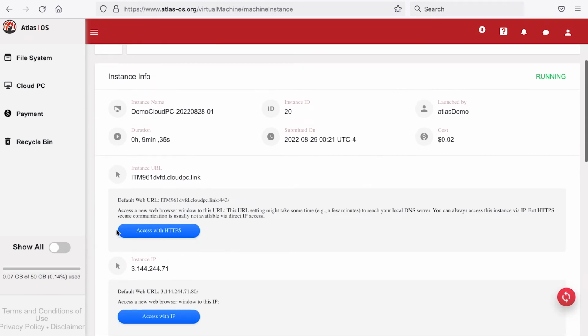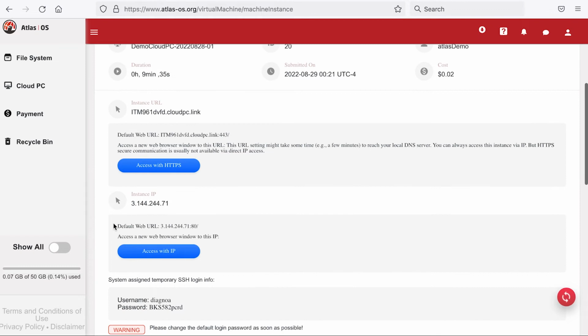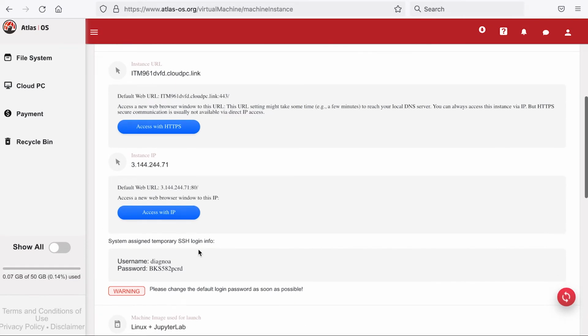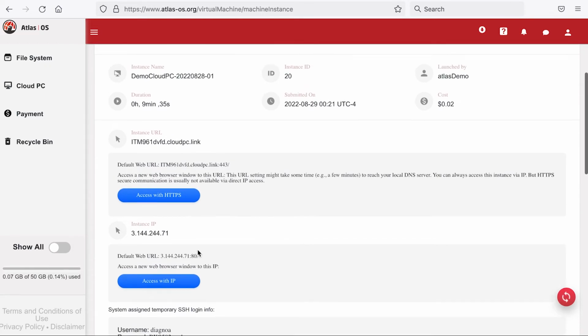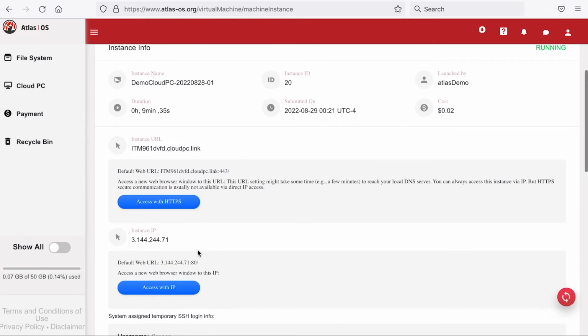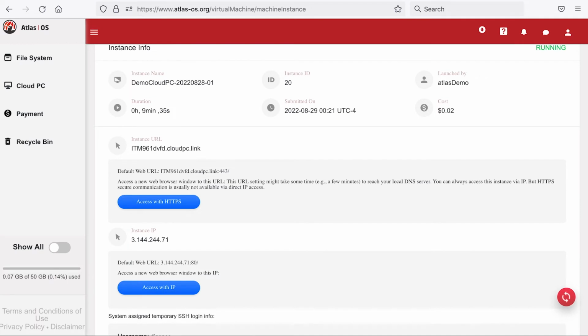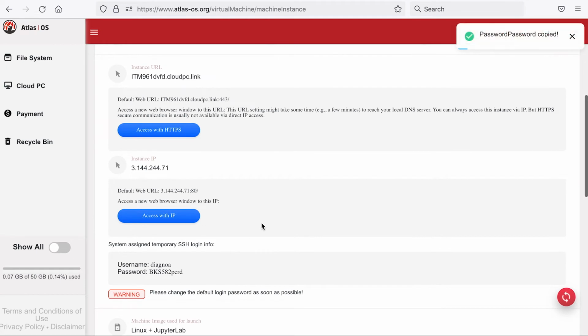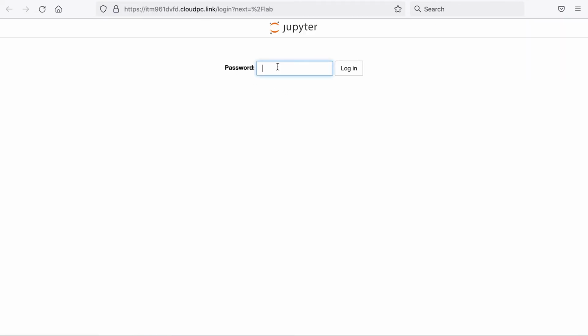On this page, you will see the access information of your Cloud PC instance, for example, the URL and the access password. You can access this Jupyter Lab Cloud PC using HTTPS or using HTTP via IP. HTTPS access is recommended, as the communication over the network is encrypted in HTTPS mode. Copy the password from the Cloud PC info page and put it inside here,